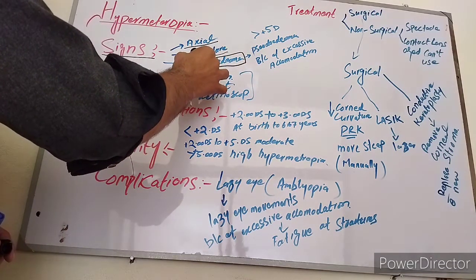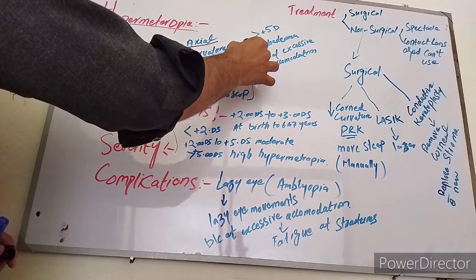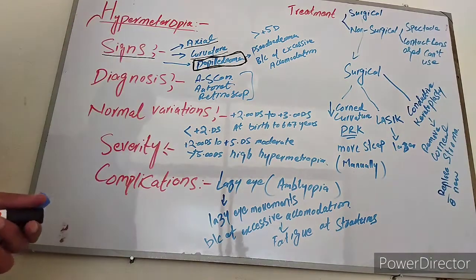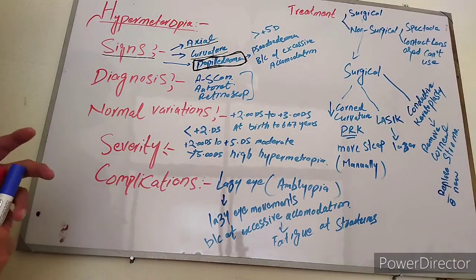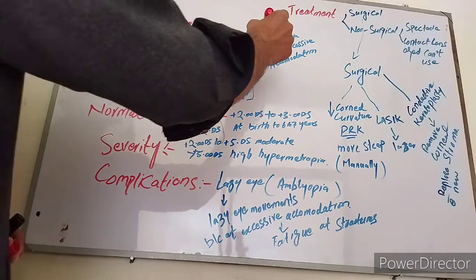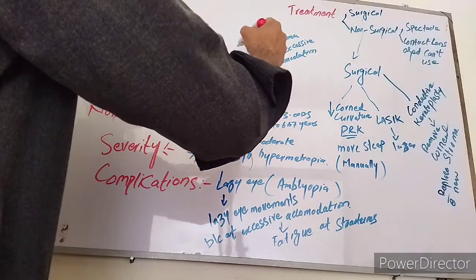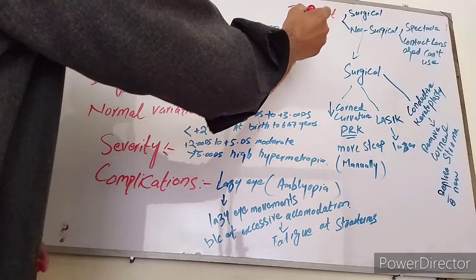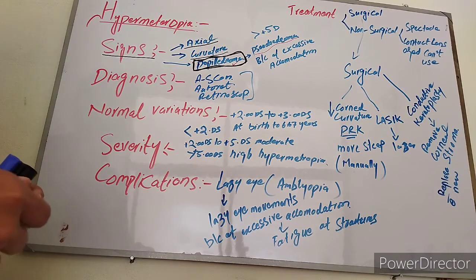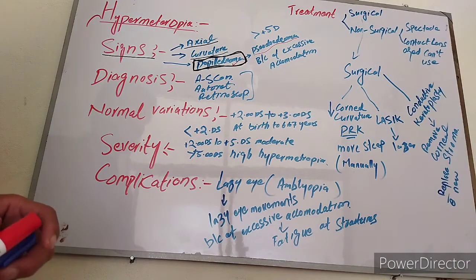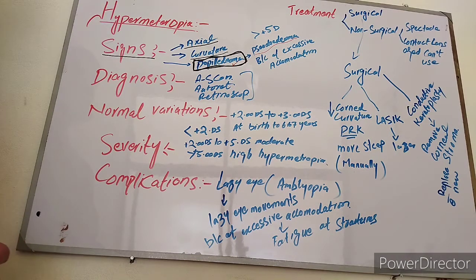What are the signs which we see during the fundus examination of a hypermetropic patient? If a hypermetropic patient comes to us and we examine the fundus of that patient, then we can see a little bit of papilloedema. This is not real papilloedema, this is pseudo papilloedema. Why? This is because of excessive accommodation. Because the patient's vision is so much decreased, the patient tries to see clearly, and for this purpose he uses excessive accommodation.